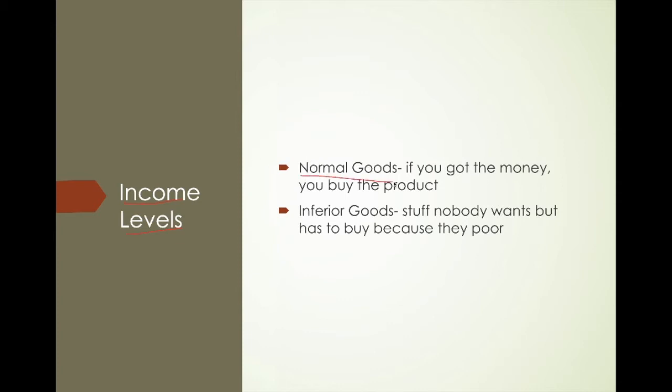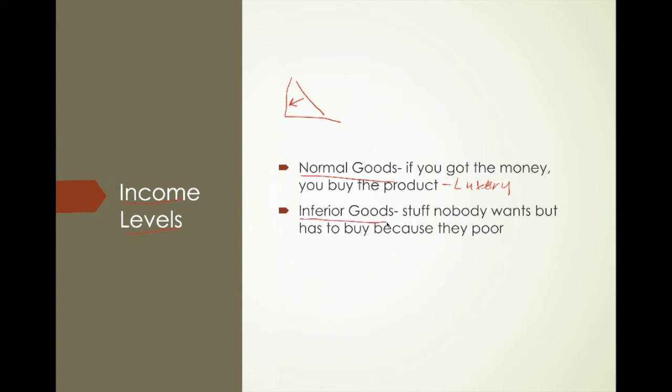First of all, normal goods. Normal goods are basically things you're going to buy if you have the money to buy them. So we have our normal graph, and it could shift to the left. And we know that shifting to the left is a decrease, remember? If you don't have the money, you don't buy it. It becomes too expensive, and people's incomes don't go as far. They're going to buy fewer normal goods. Name brands can be considered normal goods, and so can movie theaters, things that we would usually consider luxury.